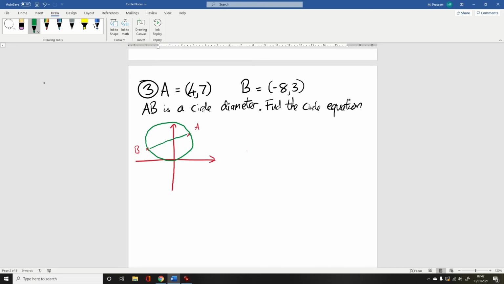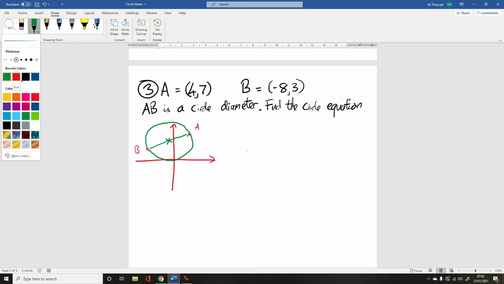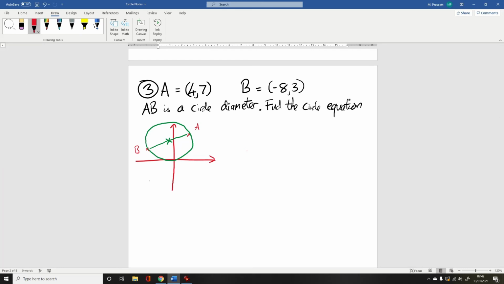Now if we think about that diameter, the centre of that diameter is going to be the midpoint of A and B. And if we want to find the equation of a circle, we need two things. We need its centre, so we can do a midpoint for that, and we need its radius, so we can find the length of the line from A to B for that. So let's do that. So to find the midpoint of AB,